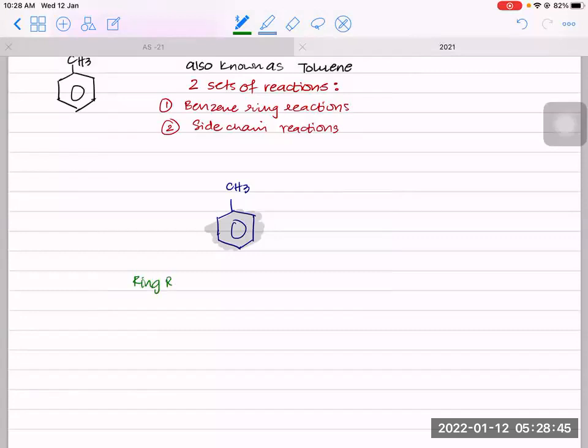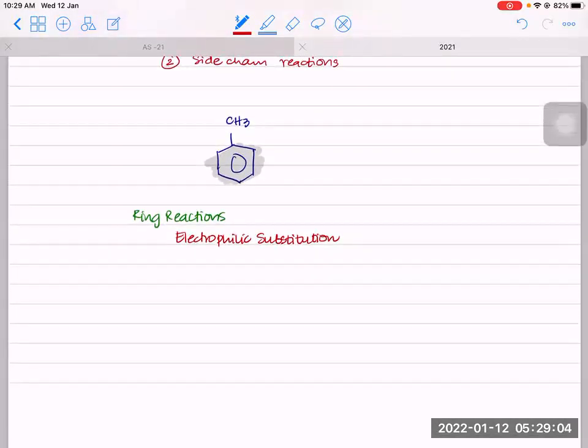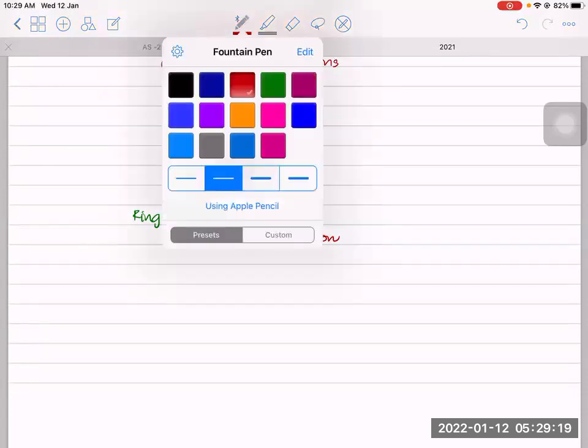So which ring reactions will this undergo? The ring reactions include electrophilic substitution. Yes. So these are your ring reactions. Now in electrophilic substitution, we did 5 types. We did halogenation, nitration, sulfonation, Friedel-Crafts alkylation, and Friedel-Crafts acylation in benzene. Let's see which ones methyl benzene will undergo. So the ring reactions include